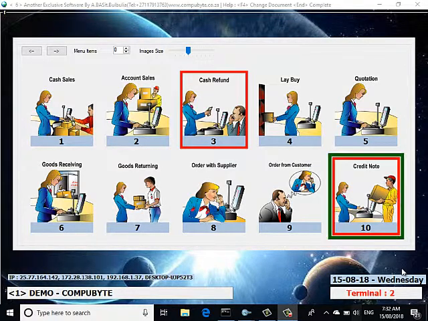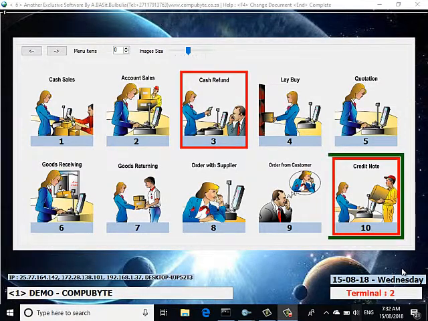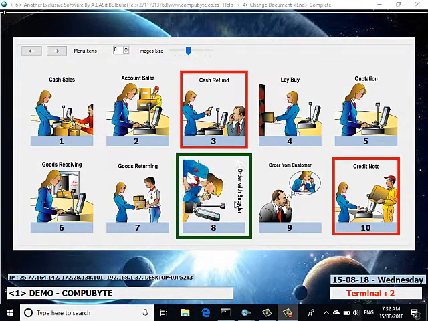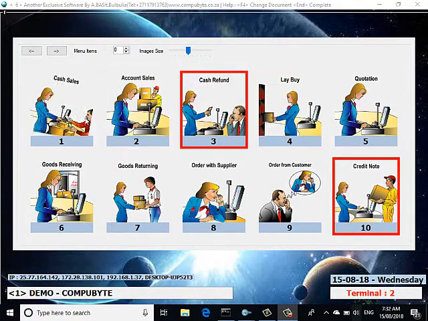Sometimes a client wants to buy stuff from your store and he doesn't want to collect all the items, but he's going to be paying for it either on cash or on account. How do you process this transaction? What you do is when you press F4 and you come to this screen, you can either choose cash sales